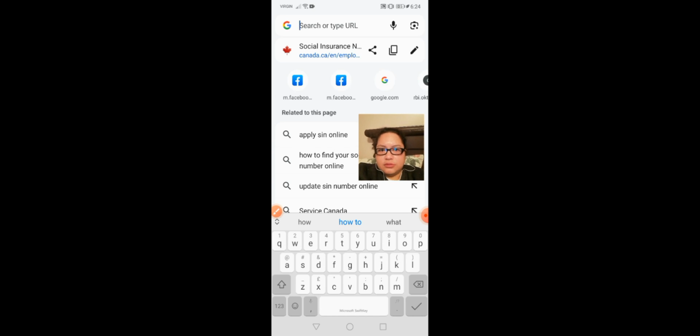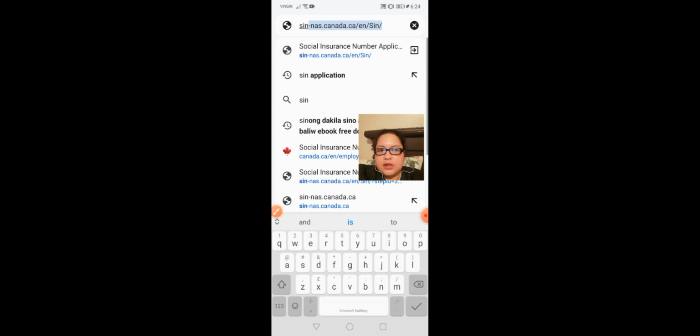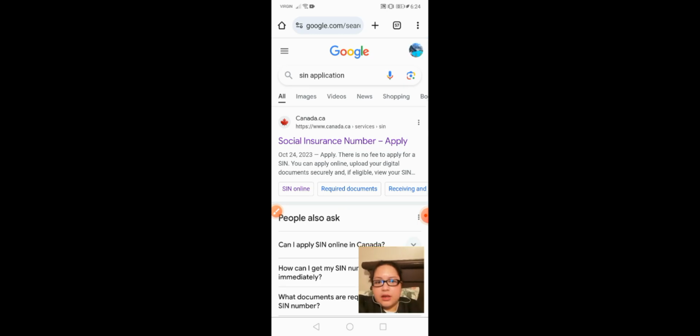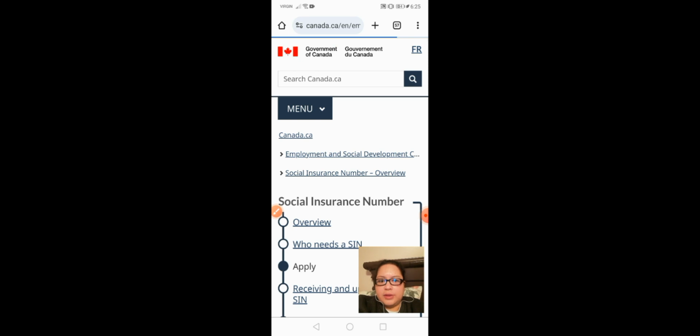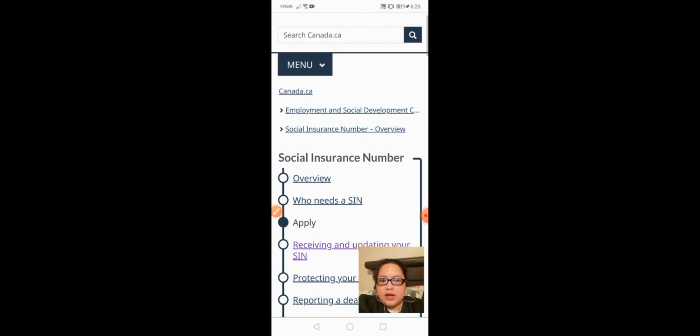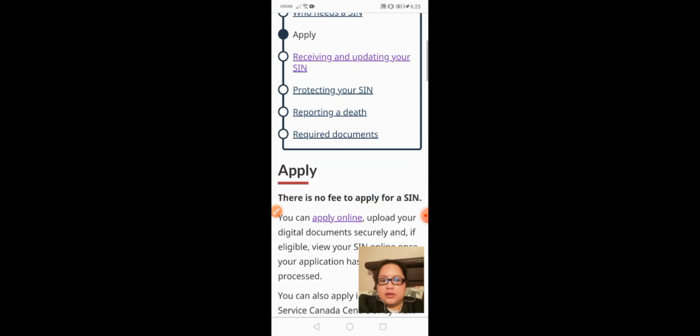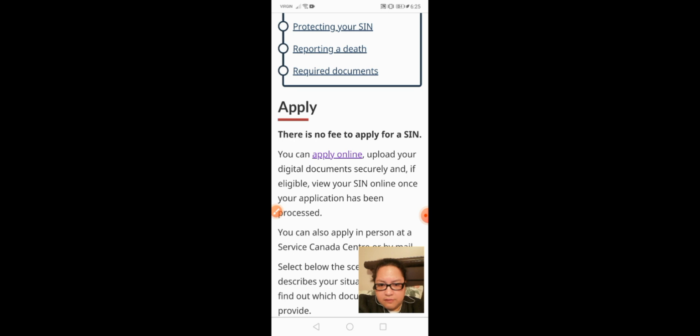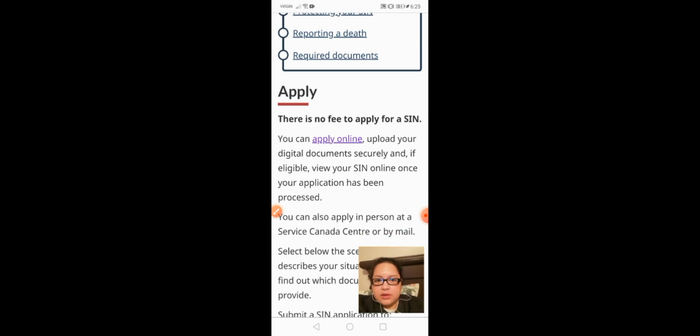Let's go to Google and type SIN application. There you go. Okay, so you'll see the first link is social insurance number and apply. This is the Canada government website, and this is where you will find all the information that you need if you need to apply for a SIN. So you see here the first link, you can apply online. Just click that,